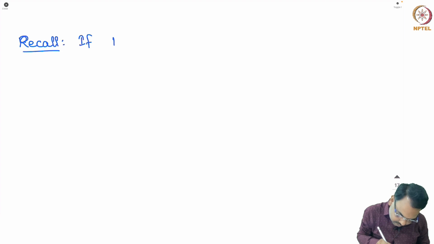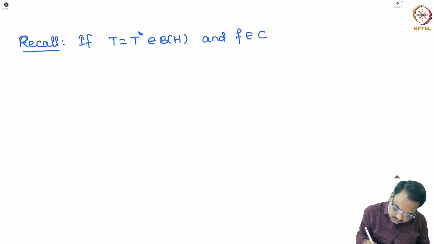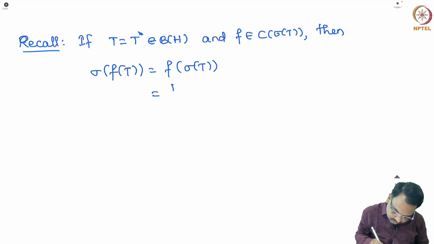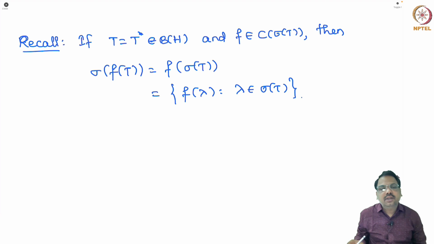So if T is a self-adjoint bounded operator and f is a continuous function defined on the spectrum of T, taking values in R, then we have shown that spectrum of f(T) equals f of spectrum of T. So this is nothing but the set of all f(lambda), where lambda is coming from the spectrum of T. Now we want to ask the question,